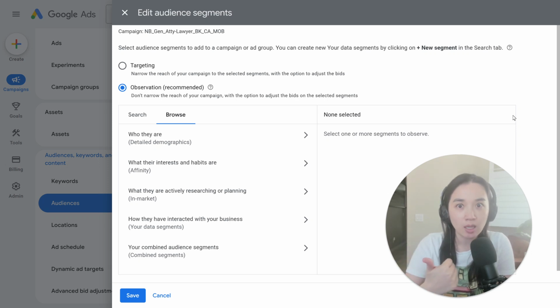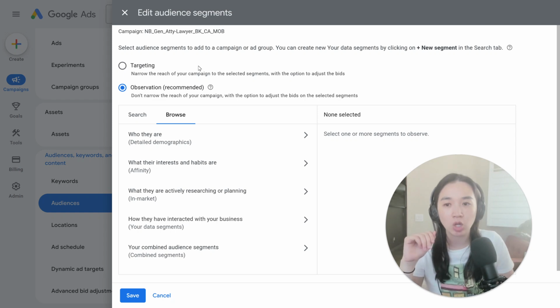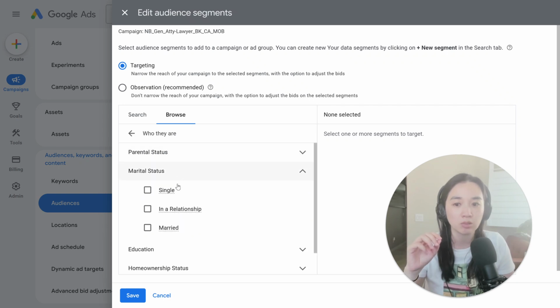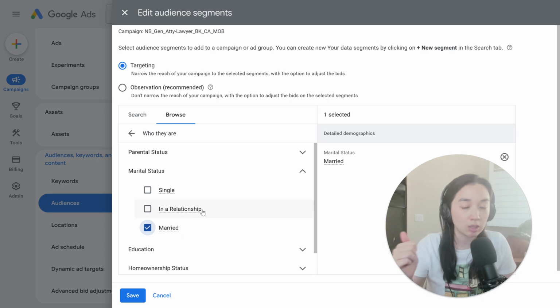So targeting means that you're going to narrow the campaign to only target those specific segments. So if you choose detailed demographics of someone that is married and you set your option to targeting, what's going to happen is it's only going to target people that are married that fit the certain criteria that you've set. So assuming that you've selected in your detailed demographics marital status and then only married people, and on